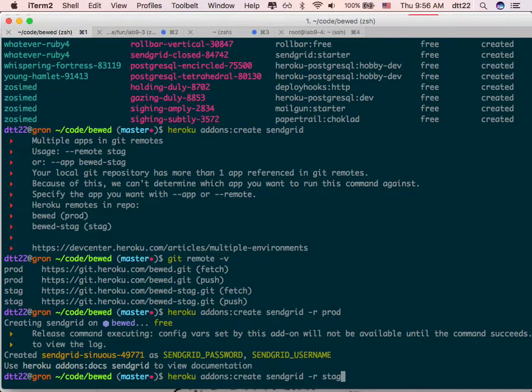Okay. And of course, if you want, you can delete this whole stack thing. Maybe add-on, I don't know, it may work, huh? Destroy the stack thing. And then you can fork it again, if you like. When you fork, then Heroku will create a new SendGrid add-on, a new password and username for that app. So that's the idea. There are different ways you can do with Heroku for production.